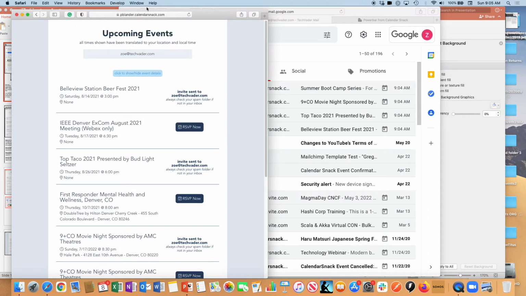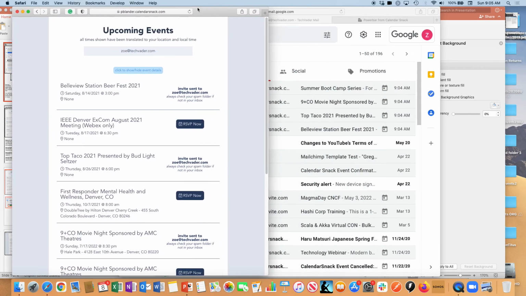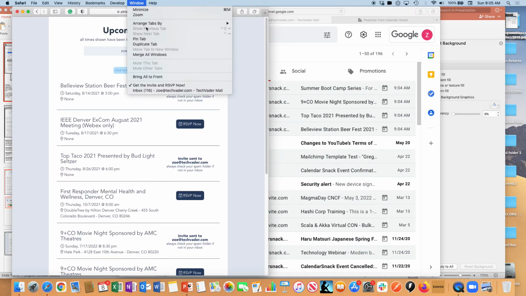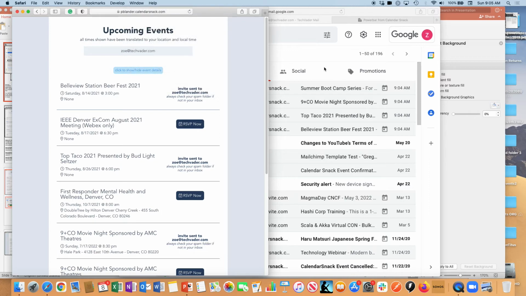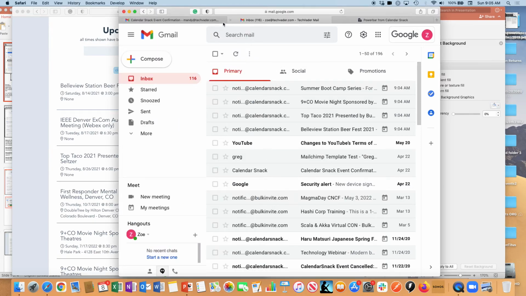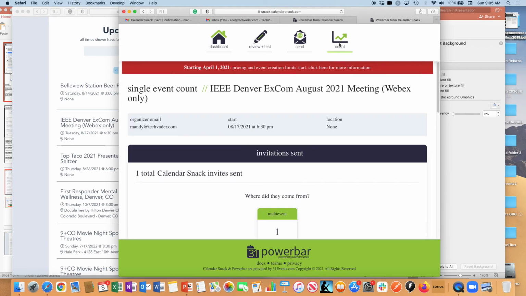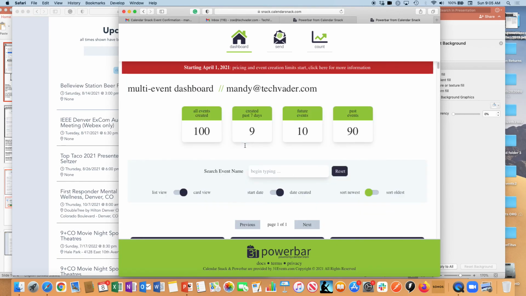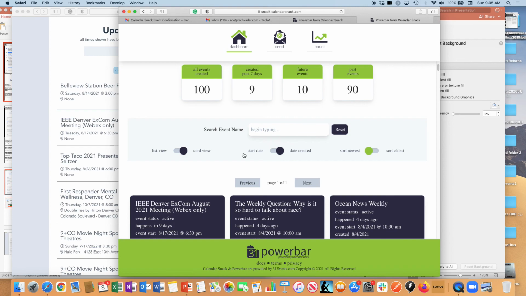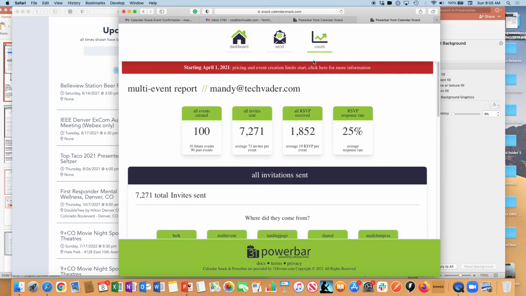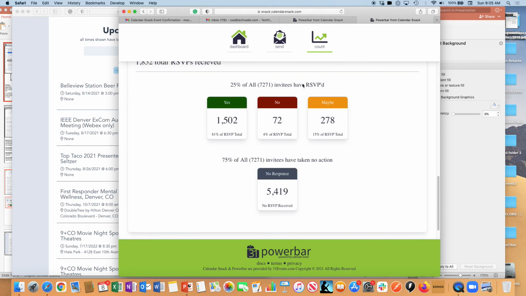I'm going to go back to the individual CalendarSnack, which is right here in Mandy's email. I'm going to do a quick view, and you can see here in the account engine, when I go to her dashboard, all that information is collected here in her created events, and we track all the individual RSVPs here in the tracking engine for the individual